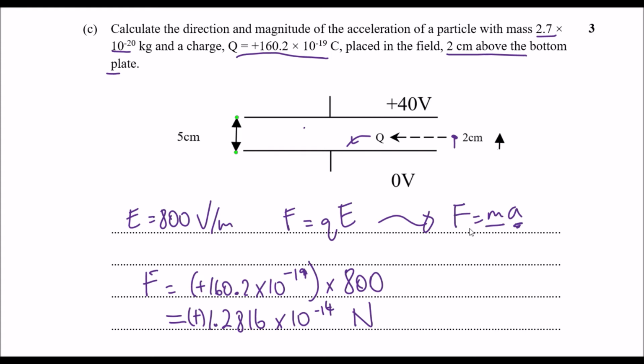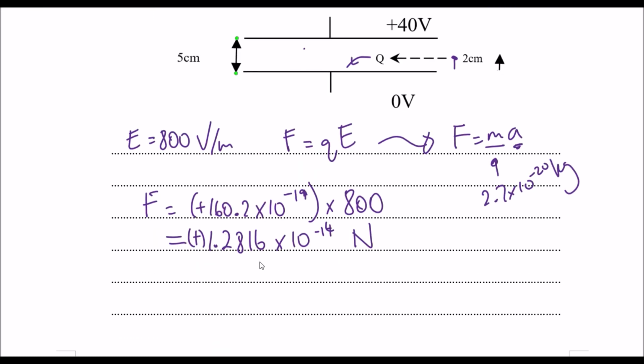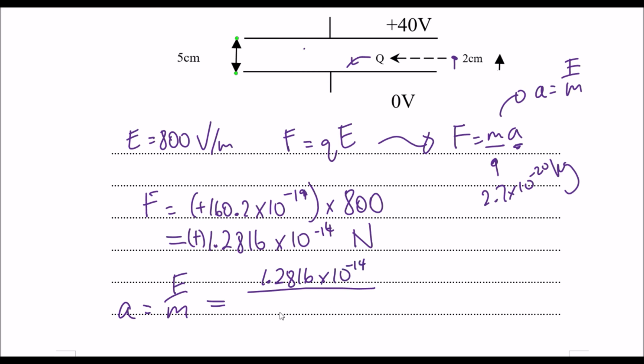Next is to find out the overall acceleration. So we know what the mass is. I'm going to write it down here, so when I scroll down I remember what the value is. 2.7 times 10 to the power of 20. You can substitute your values in, or you can just rearrange. The rearranged equation we get is acceleration is equal to force over mass. So that's what I'll write. I know that the force is the value I calculated from above, and this is the mass of my particle. The overall acceleration I would get, if I plug it into my calculator, is this value here,